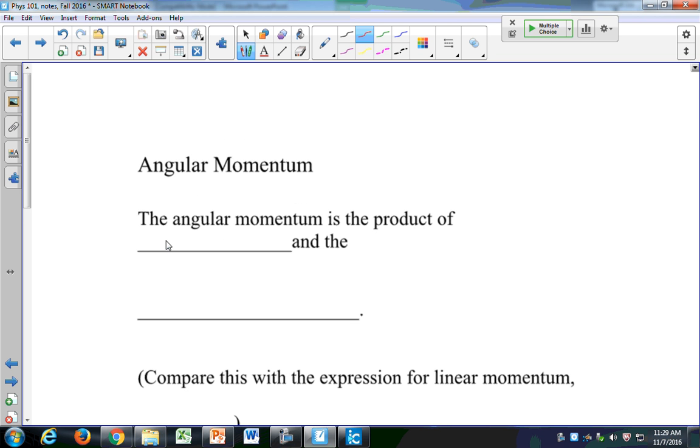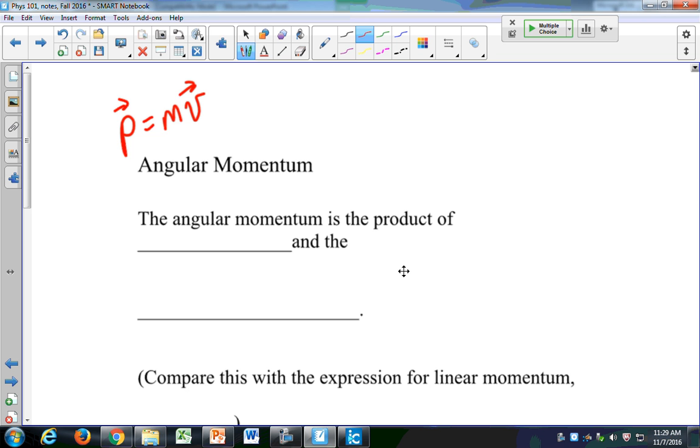All right. Angular momentum. We've dealt with momentum before: p is equal to m times v. Y'all remember this? p equals mv. So you can probably imagine what our expression for angular momentum is going to be. Because remember, we have something for m and we have something for v. So you're probably already thinking in your head, oh, this is just angular momentum. It's going to be